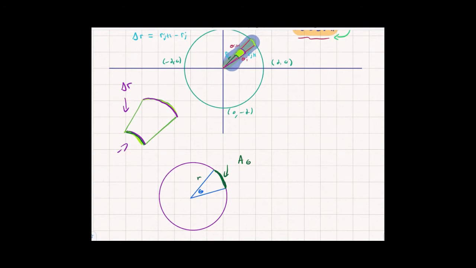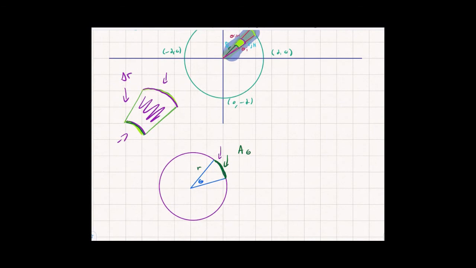Their lengths, those little arc lengths, these sides here, are going to be determined by the angle and the radius, how far we went out. You can think of them as the arc lengths at the edge of a circle with a radius of r sub j or r sub j plus 1. So in order to determine this infinitesimal quantity of area, we need to find out what is that arc length? Well, I know that